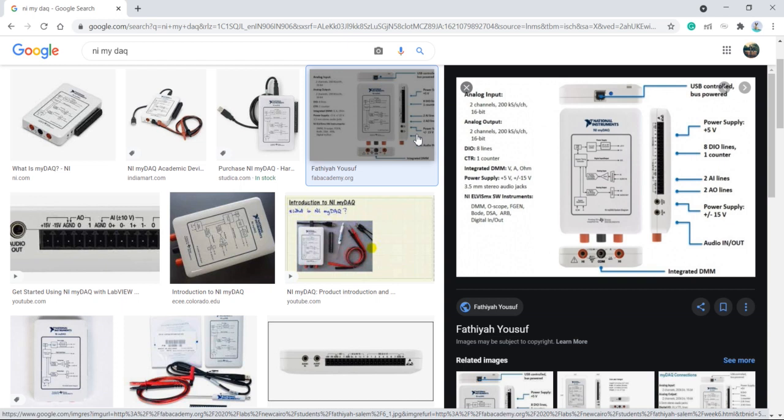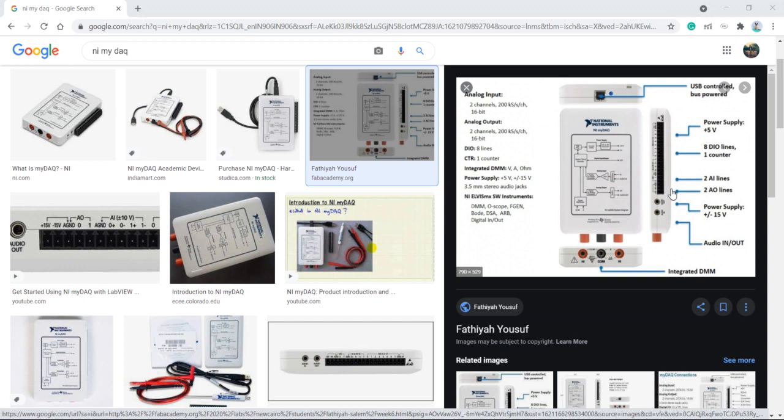There are 8 lines of 8-bit digital input output and one counter. Digital input output are bidirectional. You can configure input and output as per your requirement. You will also find audio input output and digital multimeter functions in this data acquisition system.